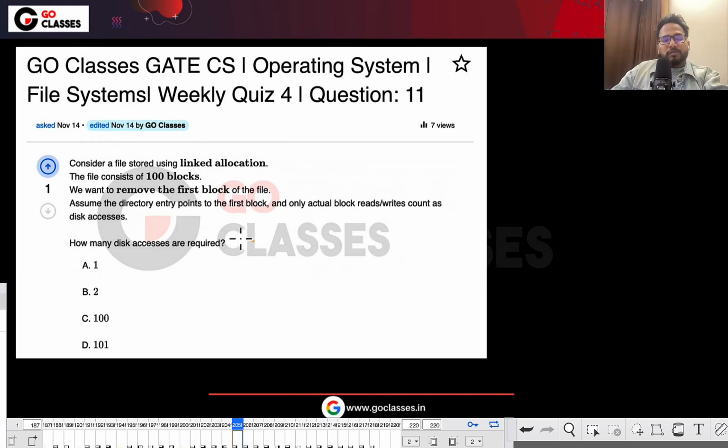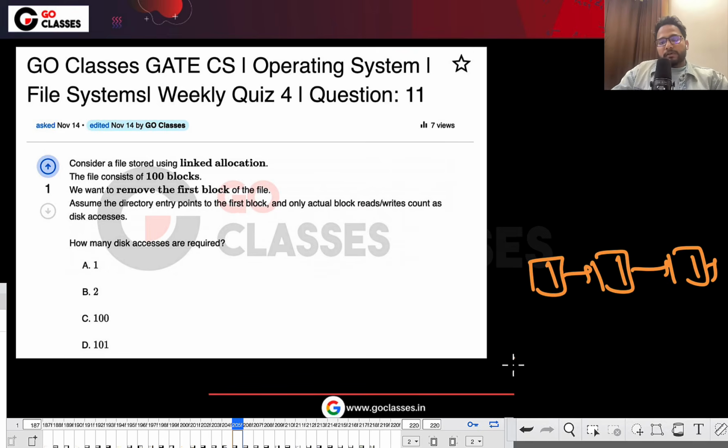Now let's see this question. Consider a file that is stored using the linked allocation. We want to remove the first block in the linked allocation. So I think this is easy only. Basically in the metadata,